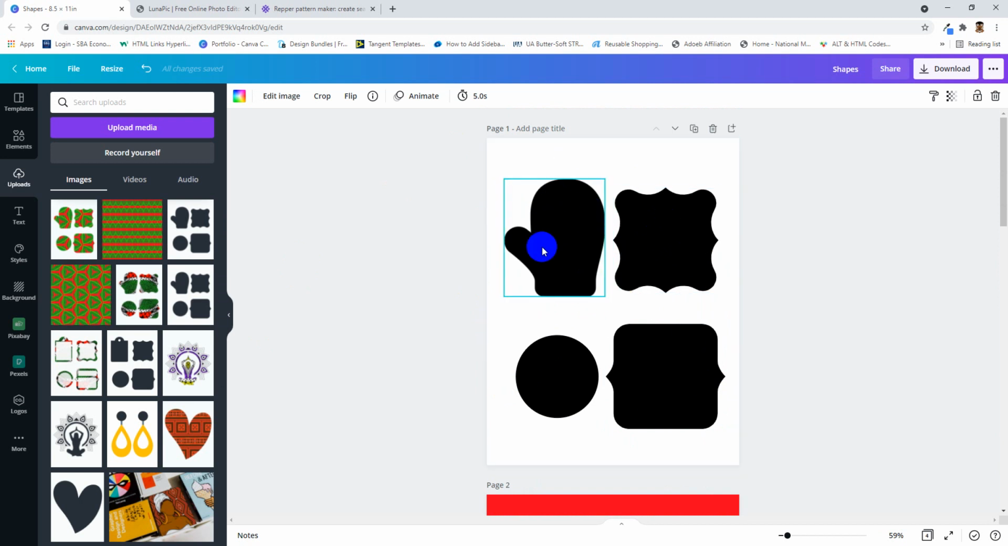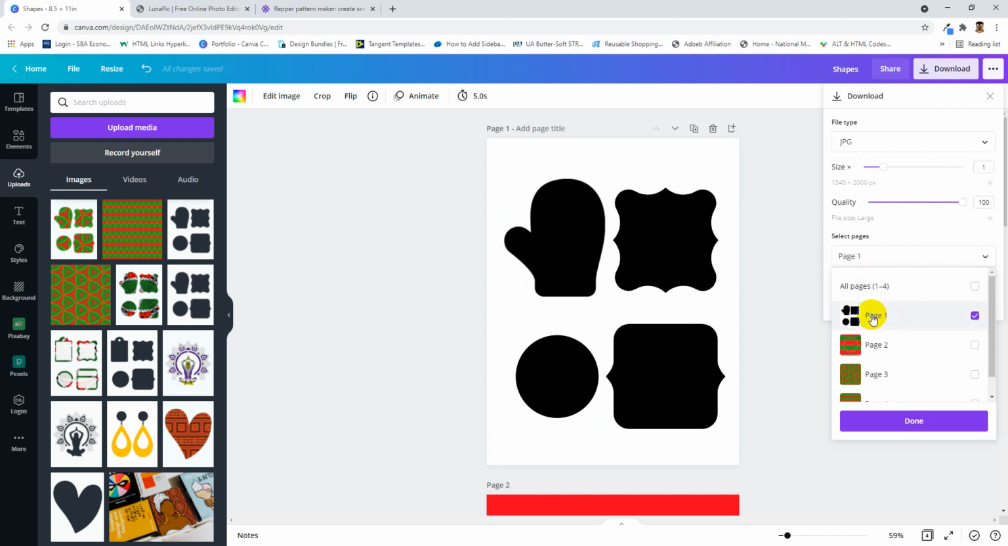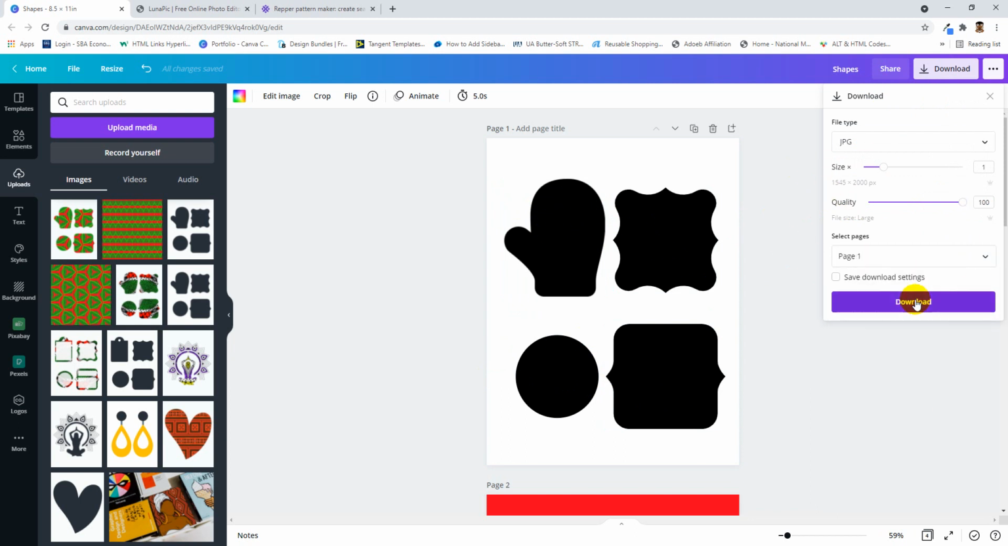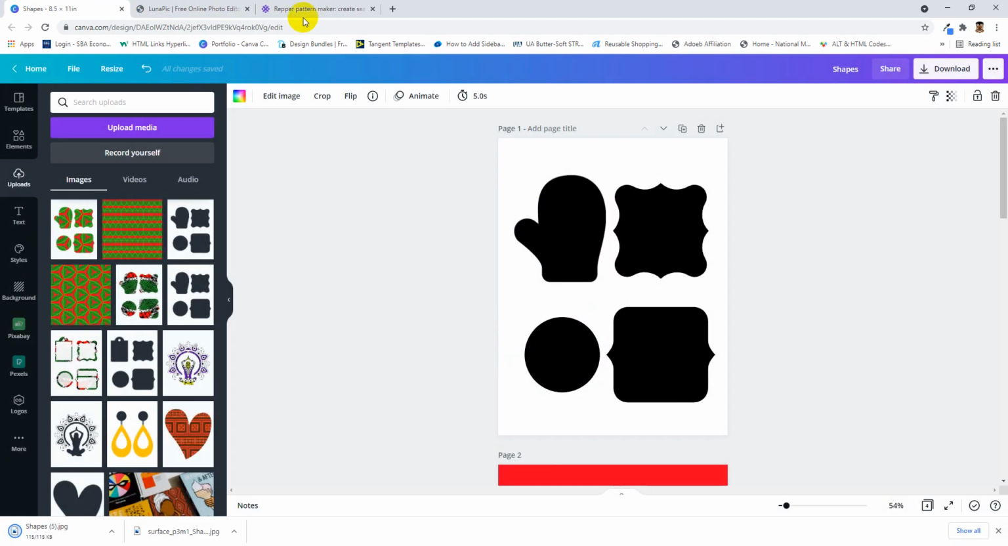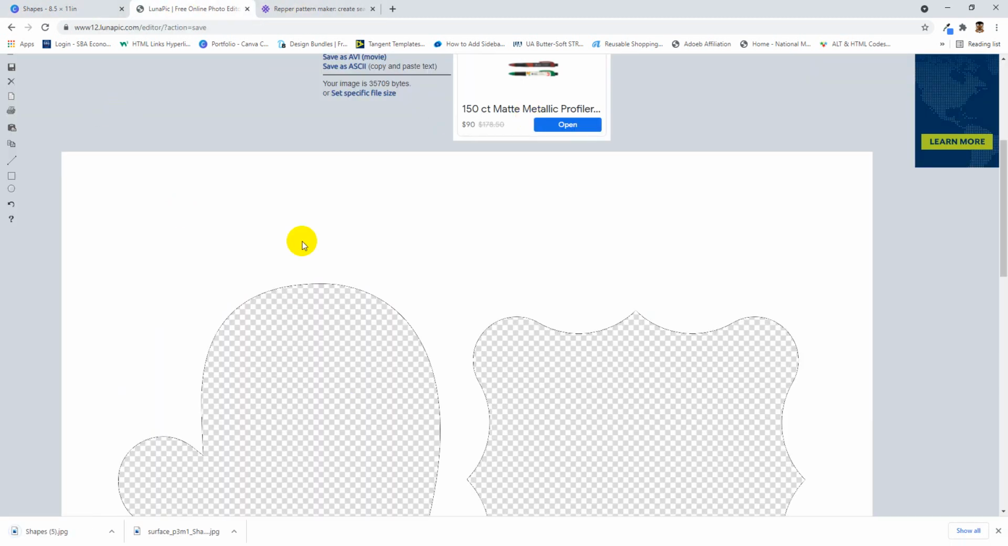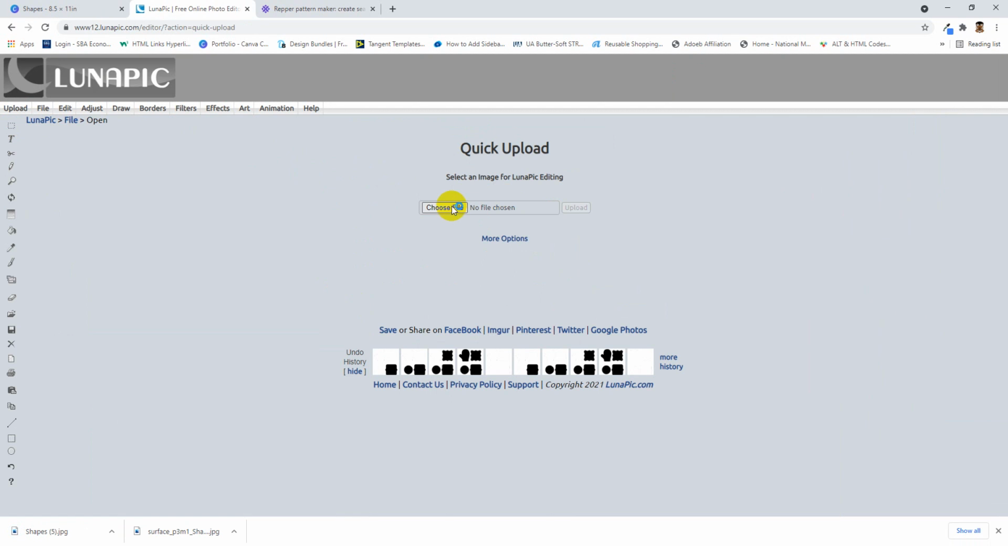and then remove the black stamp like the mitten, these shapes, the circles. I want to turn those into transparencies. So I'm going to download, like I said, as a JPEG, increase the quality, make sure I'm only choosing the first page, select done, and download. Once it downloads, then I'll bring it into Lunapic, upload, choose the file,